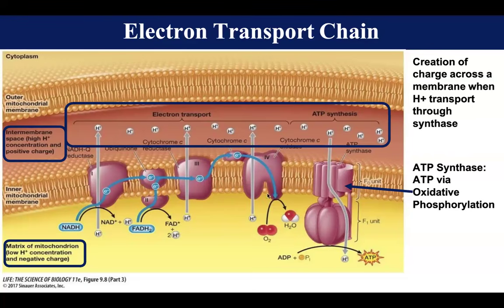Eventually, oxygen is your final electron acceptor, producing water. The point of accepting all these electrons and passing them down is to create this proton gradient right here. As the electrons get accepted, protons go from the matrix of the mitochondria to the inner membrane space, creating a proton gradient. You want the protons to go down their gradient to maintain equilibrium, so the protons go down ATP synthase, the F0 unit is like a motor rotating, and this helps combine ADP and phosphate, producing ATP. And so this last step helps produce around 30 to 32 ATP.